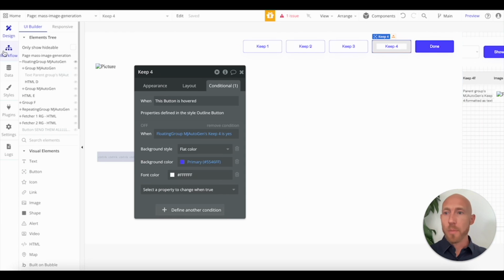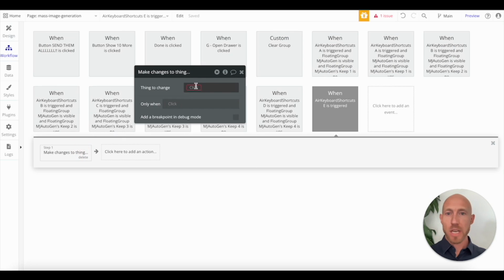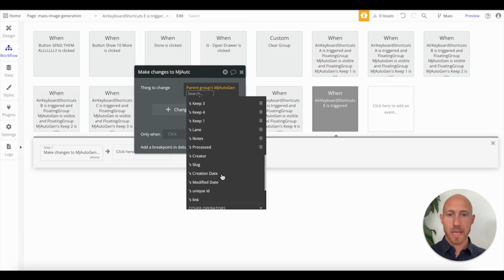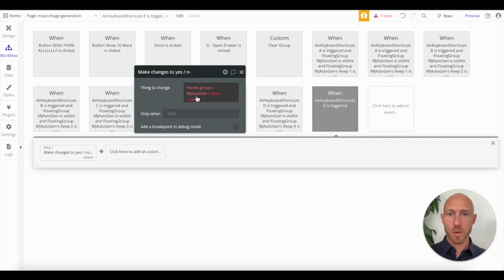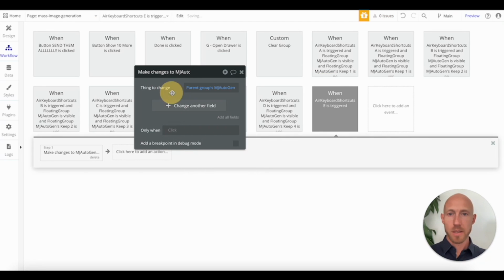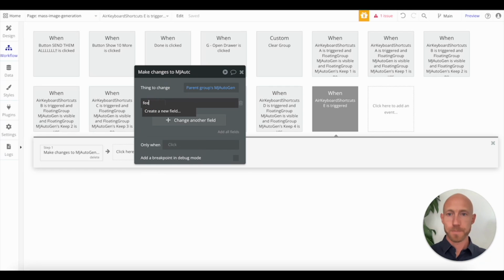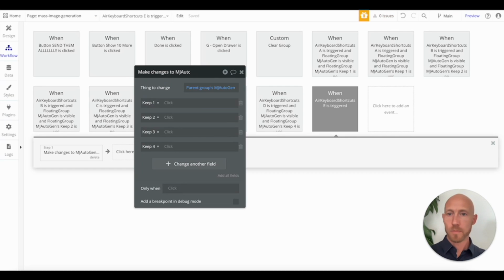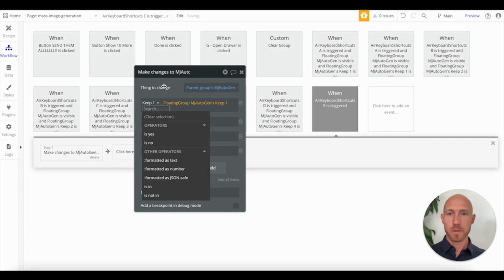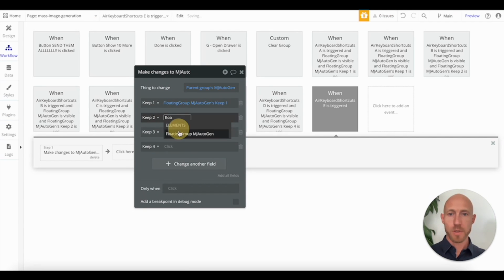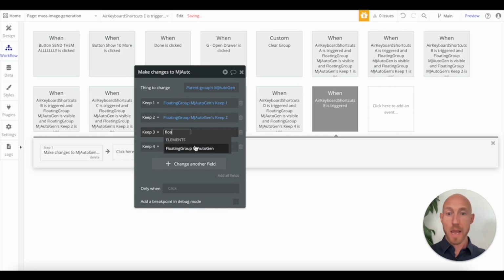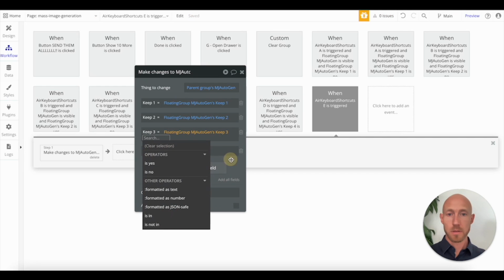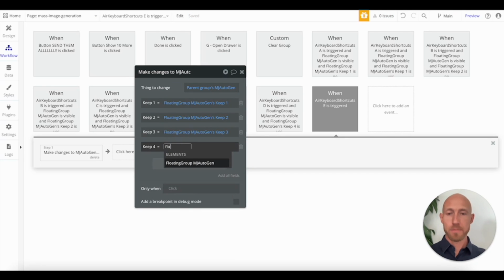And then I'll go ahead and wire up this to finish off this video, but I'll make changes to the thing. It'll be the parent groups, this thing, and then it'll be the keep ones. So it's like, are we going to keep these or not? Oh, wait. Actually, we're going to change that thing, and then we're going to change the fields. And so this would be that floating groups, keep 1. And this would be the floating groups, keep 2. And as we wrap this up,